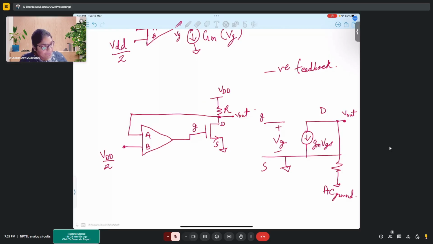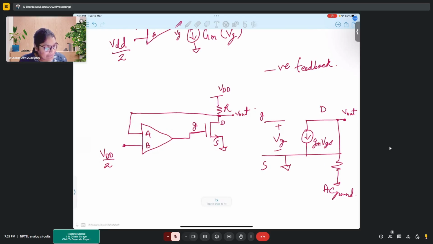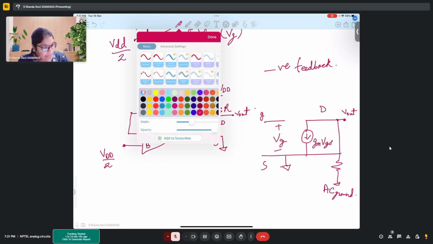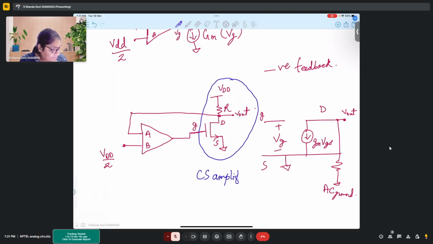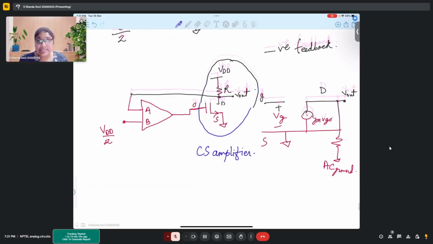All right. So we know that when a transistor is connected, this is a CS amplifier. This particular configuration is nothing but a CS amplifier. In a CS amplifier,